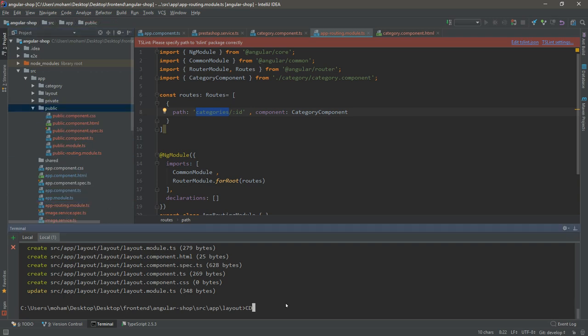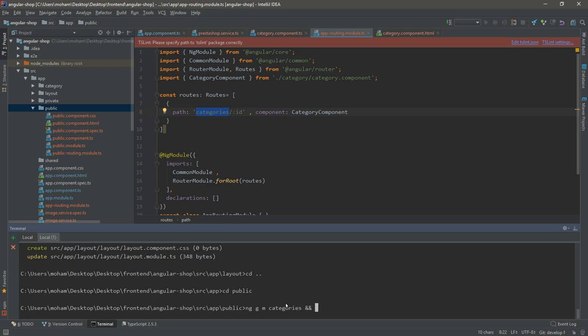So let's go back to this, cd public, and inside it I will create a category module, I guess, because we're listing the categories, viewing the categories and something like that. So I guess a module would be a good idea instead of simple or many components just listed under the public. So I'll go for ng generate module